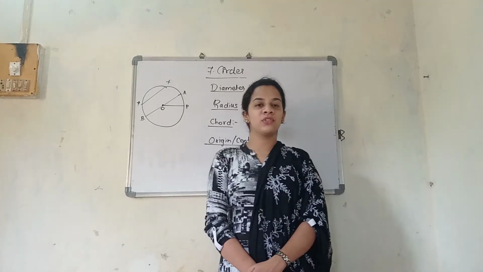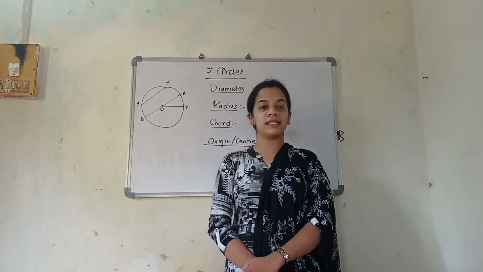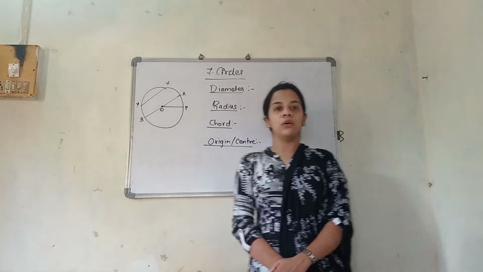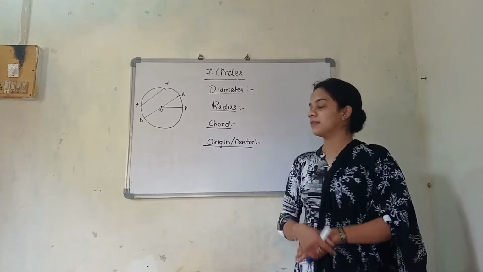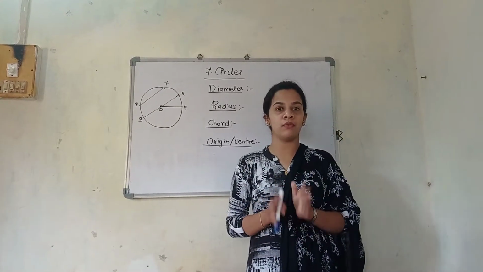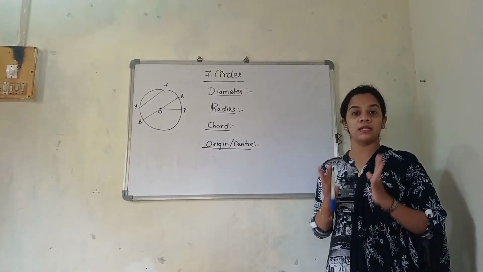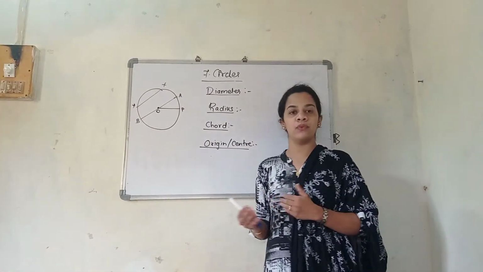Welcome all. We are going to start with our seventh lesson, that is circles. This is the last lesson from your first term. Before we proceed further, you can see there is something on the board. I have drawn one circle. Now, the circle shape you know already, you are fifth standard kids. But before we proceed, we will see the basic concept of this. Then only we can move further.